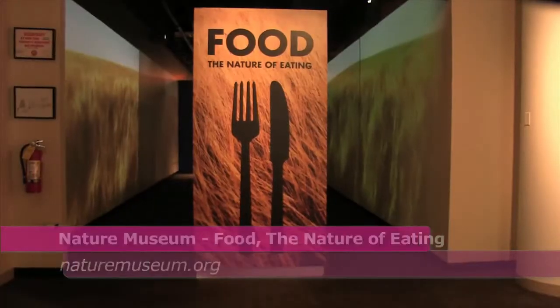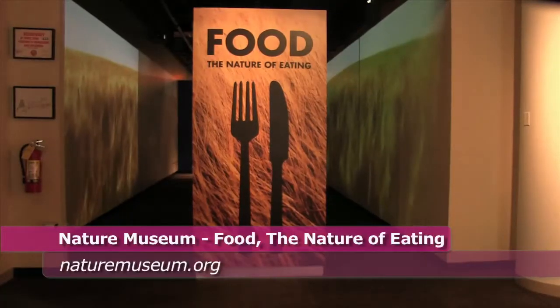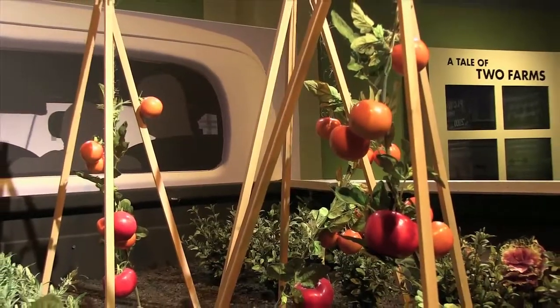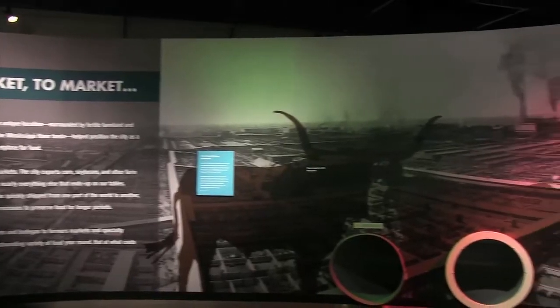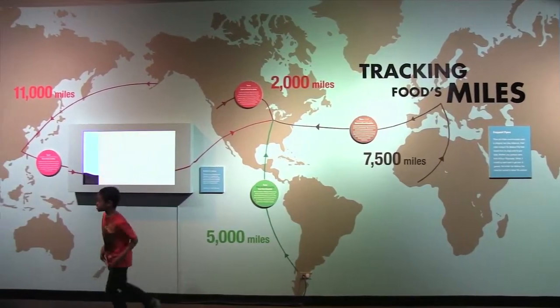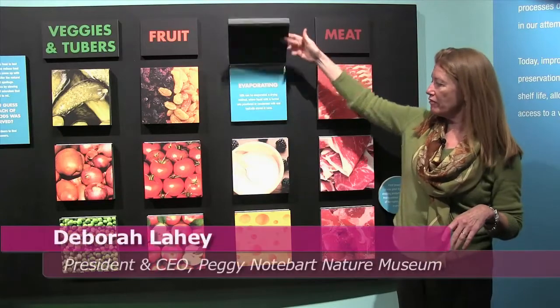And catch the spring harvest at the Nature Museum with Food, the Nature of Eating. A premier exhibition on how food connects us to family, friends, and the environment. See how food travels the world before it reaches your plate. In dairy, it can be evaporated,